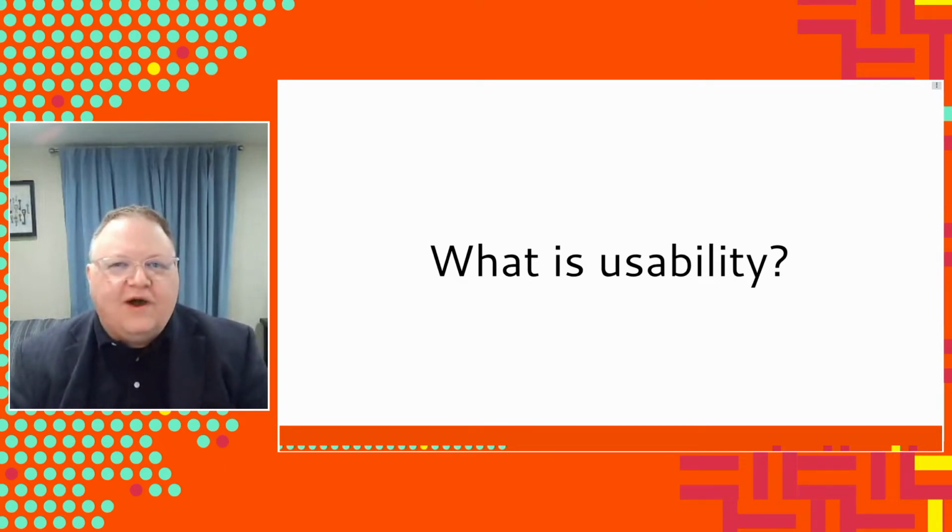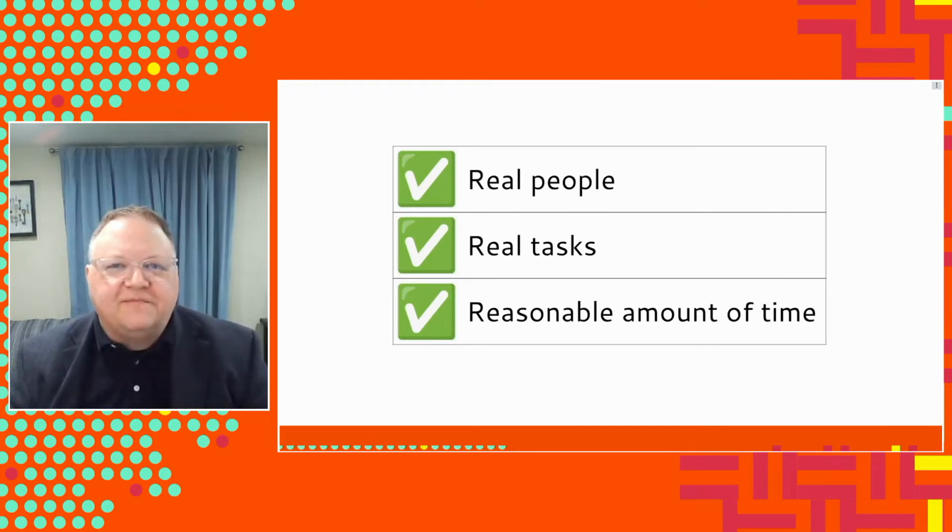When we think about what is usability, a lot of people have a variety of definitions. It gets conflated with user experience, which is certainly very related. But if I'm going to create just a brief definition of usability, it's really about three things. It's about real people doing real tasks in a reasonable amount of time. If you've got real people who can use your software to get real work done, and they can figure it out and complete their tasks in a reasonable amount of time,